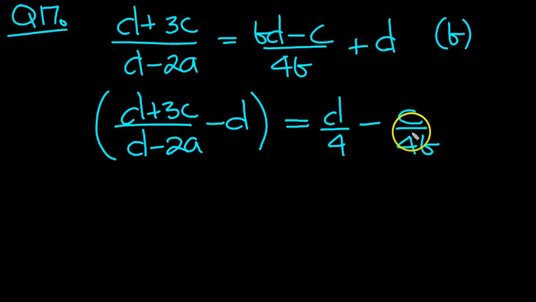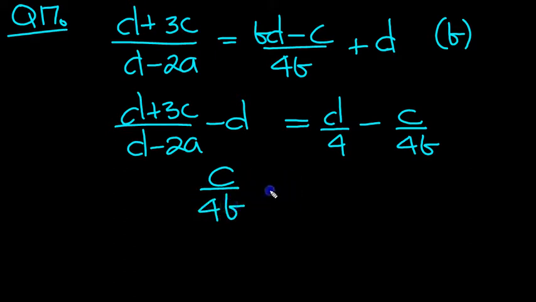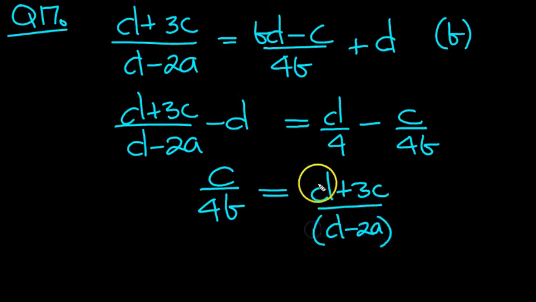And then you'll get a minus c over 4b. So now I'm going to move this over there, so I don't need these brackets at the moment, so let's just take them off. And then I'm going to move this c over 4b back over here, and put everything else on the other side. So here we're going to have, move that over there now, so we'll have our d plus 3c over d minus 2a. And I've written it rather badly because I've put brackets because that's a minus now when you move it over, plus d,